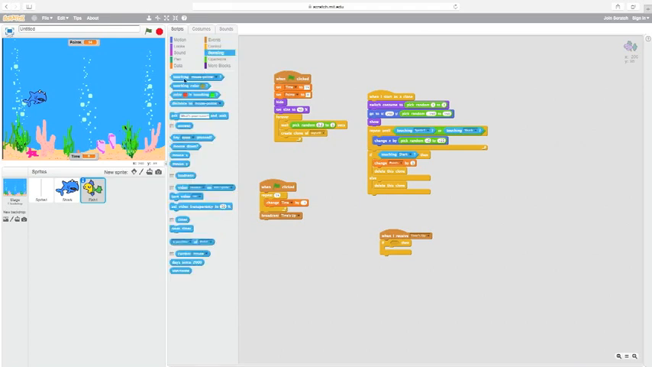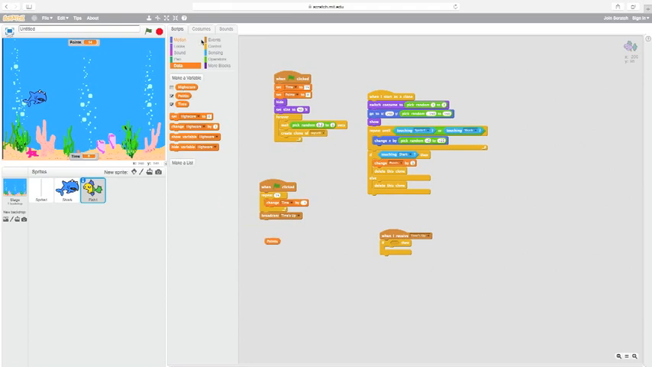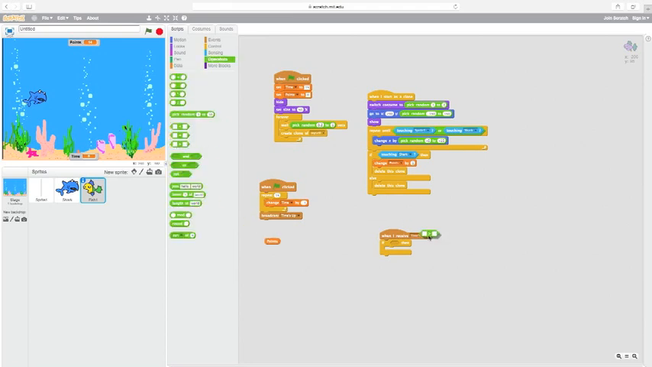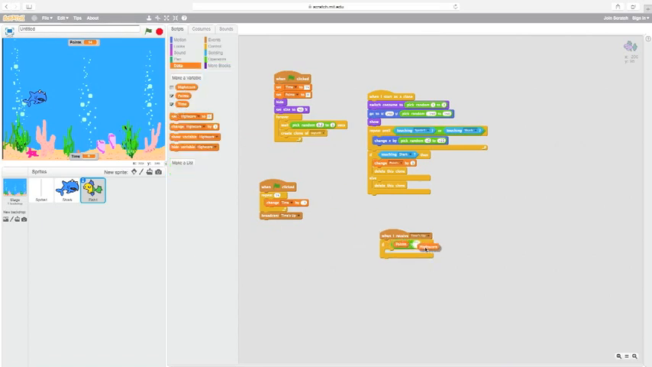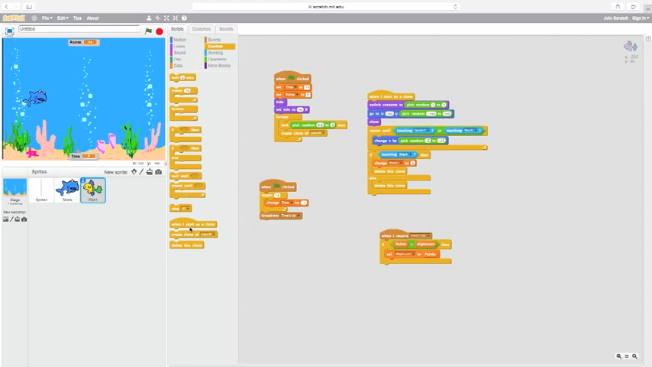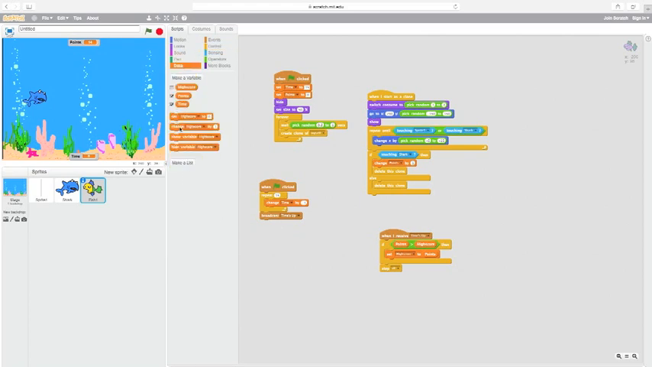If, let's do, if points is greater than high score, set high score to points, and then stop all. So what we have is, oh, and also what we're going to want to do is, right before we stop all, we're going to want to show the variable high score, which means at the beginning we have to hide the variable high score. So what we do pretty much